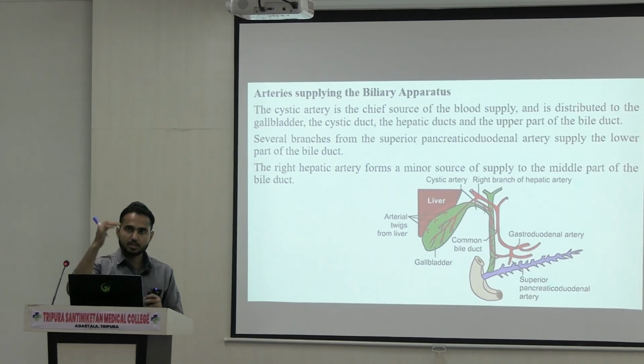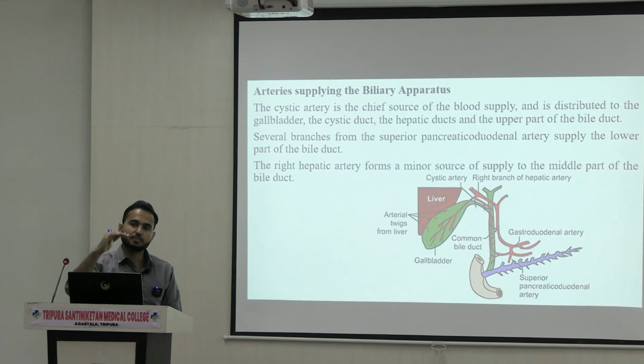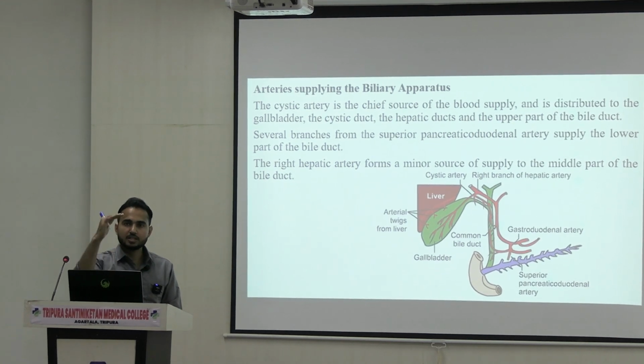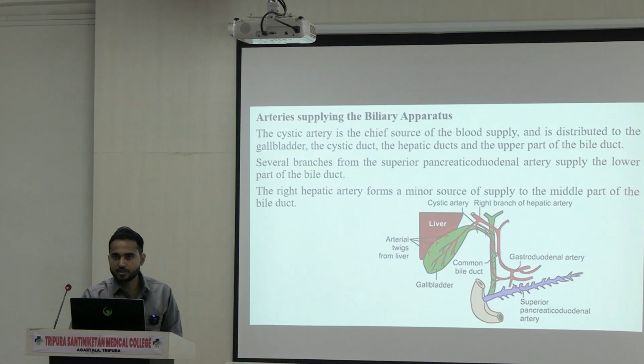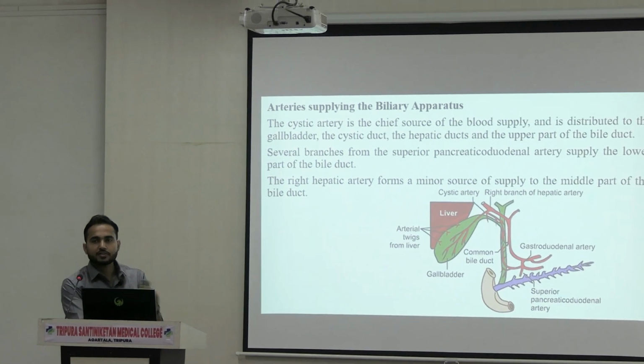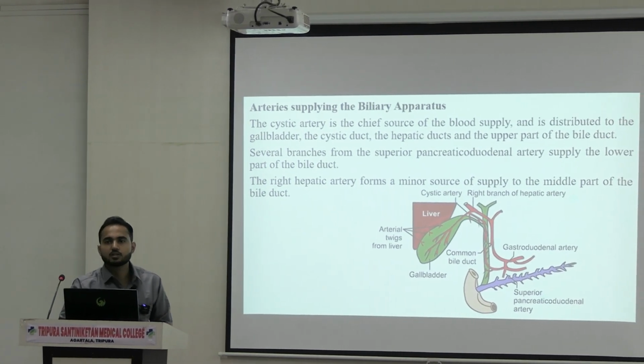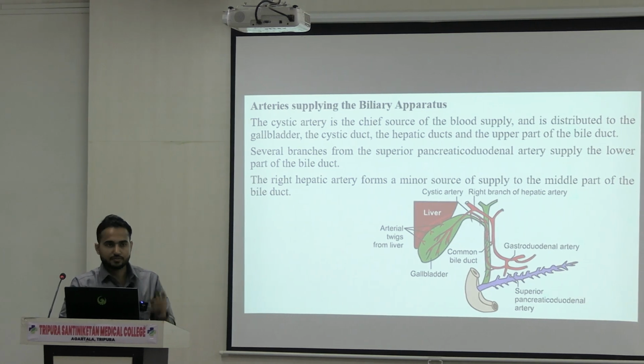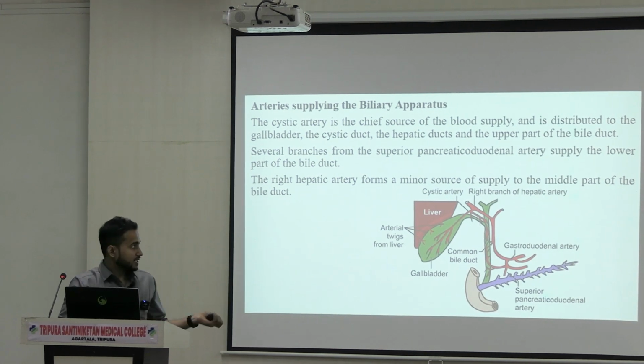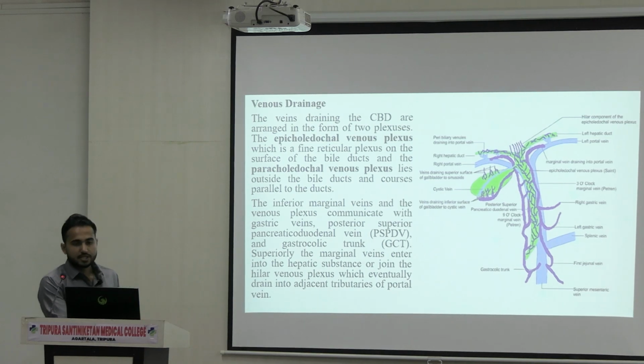So we have divided the extrahepatic biliary system into upper part, middle part and lower part, and in each and every part the blood supply is different. After arterial supply, what is the next point? That is the venous drainage. Now in case of venous drainage,